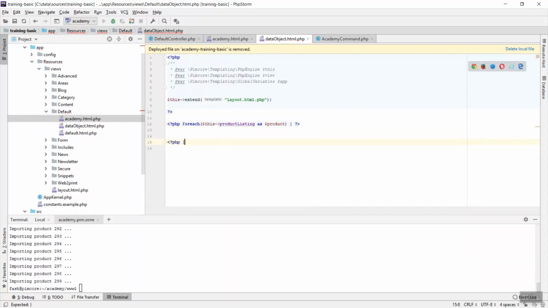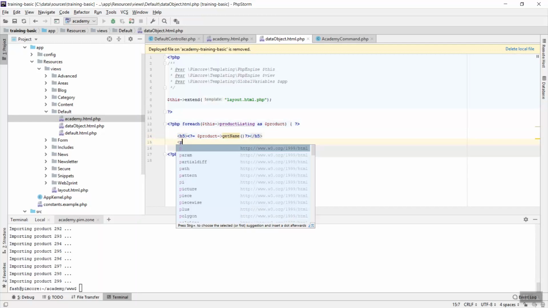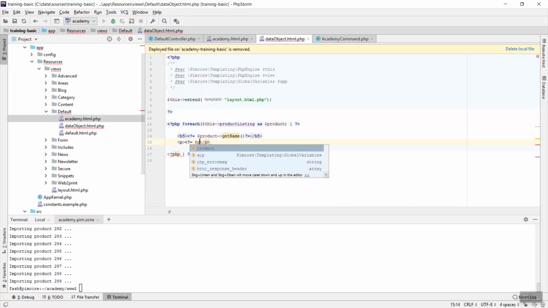And now fill out some markup where I get the product data from the product objects, for example get name, and then product get description,